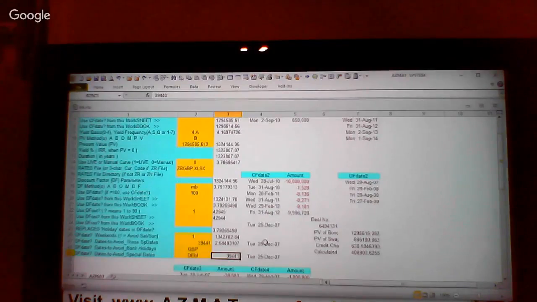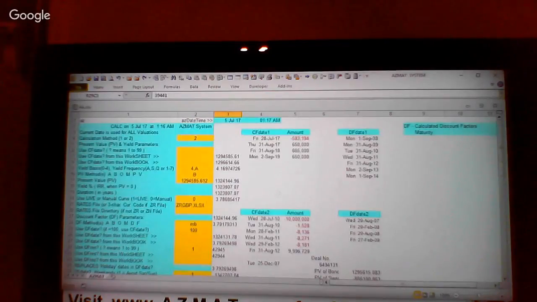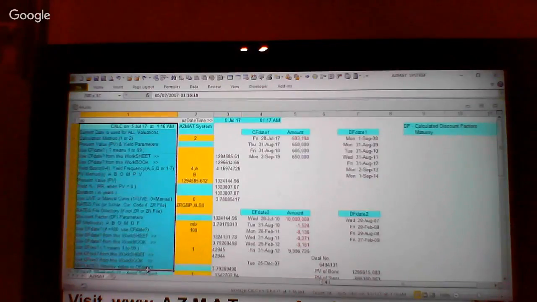Now, the AZMAT worksheet and the AZ parameters area. This is this area. Let's go through this briefly here. So this parameters area, this whole area, is called AZ. So if I select that,